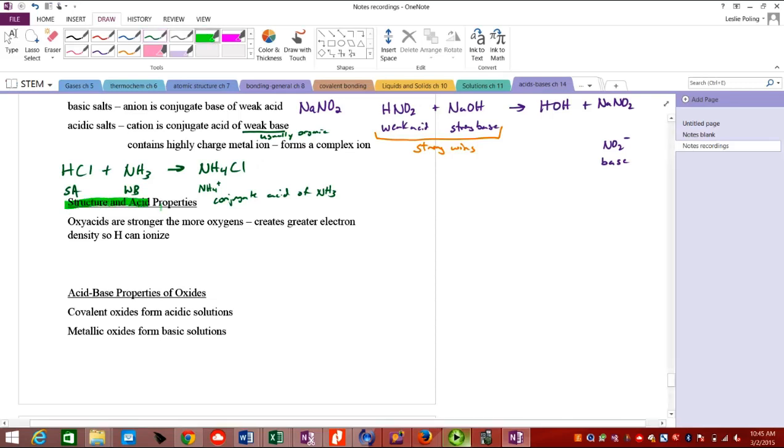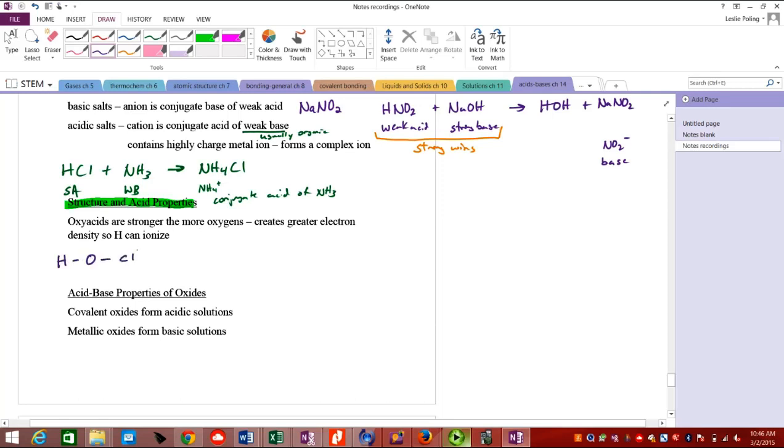Now, structure and acid properties. Oxyacids clearly have oxygen in them. So, the more oxygens